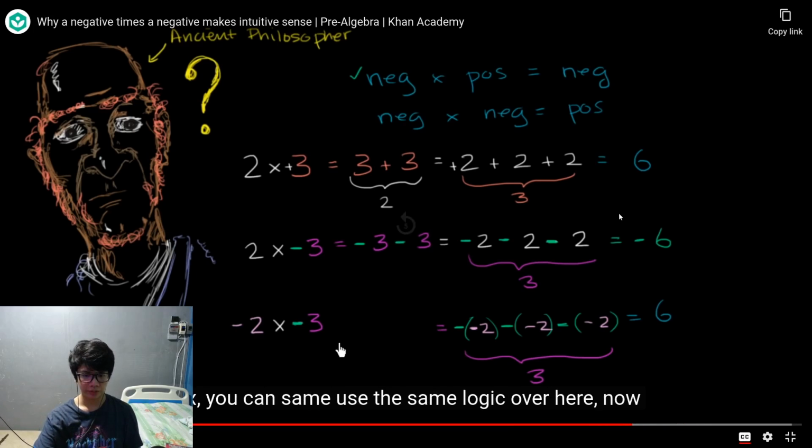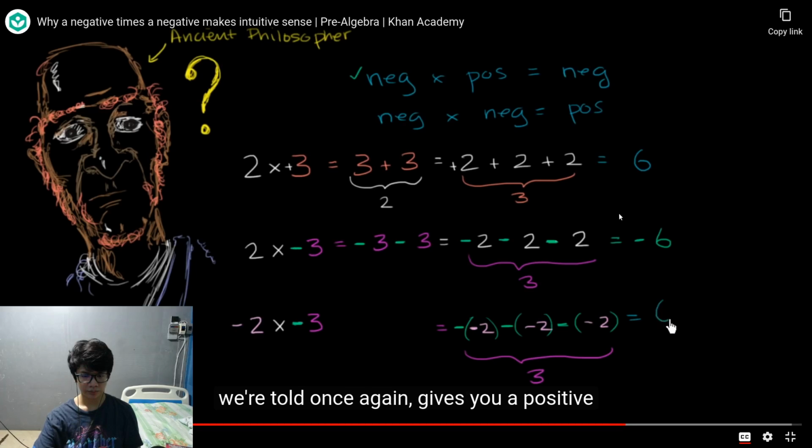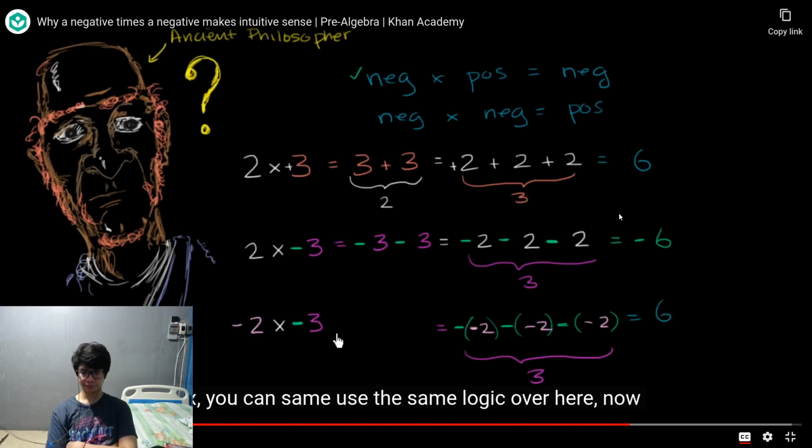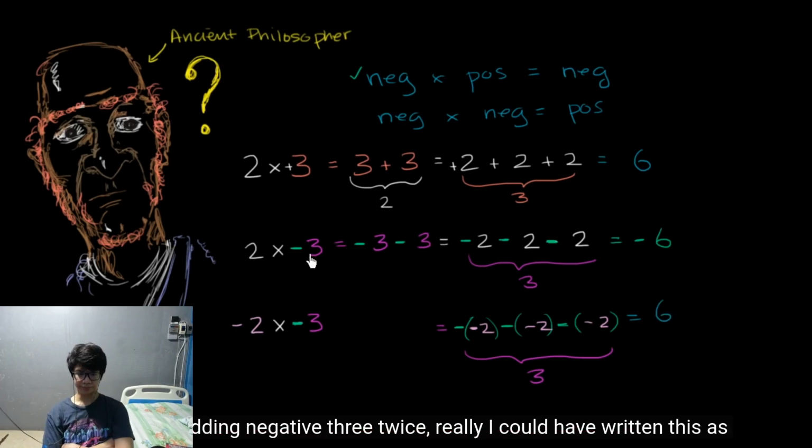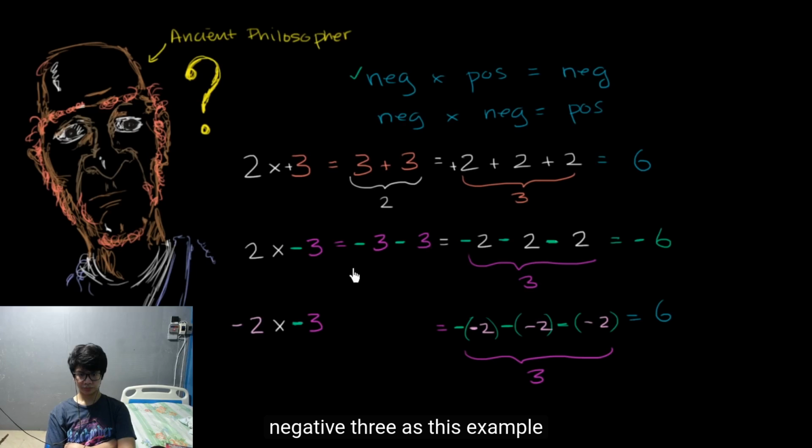Negative, could have written this. Now, instead of adding negative, +6. You can use the same logic over here. Now, instead of adding -3 twice, and really I could have written this as -3 up in this example, -3, let me write it this way, -3, and we added it,